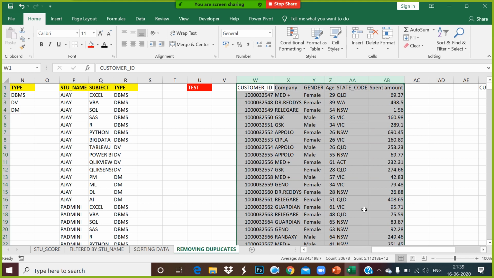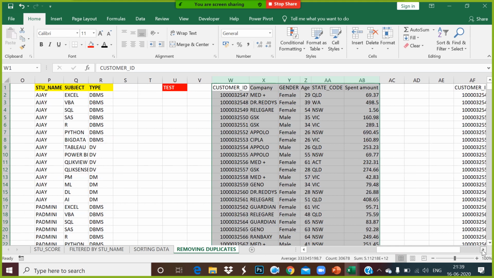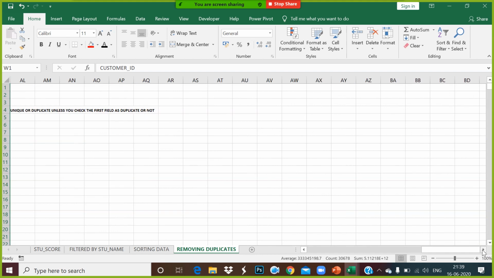Okay, sir. I have a doubt on this. How to identify which should be the first column? Suppose here the customer ID is the first column, but if something else should be there, then we would not be able to figure it out. Good. Very good question. Sir, in this scenario, I think we have to find out the unique column first. Yes. So, guys, I tell you one thing. Let's start with Padmini.